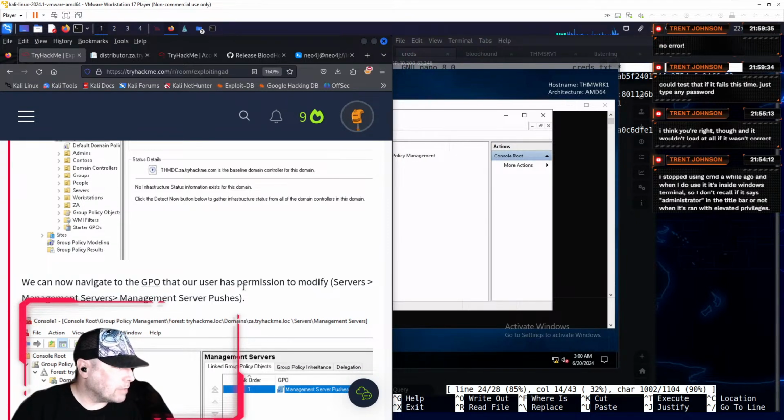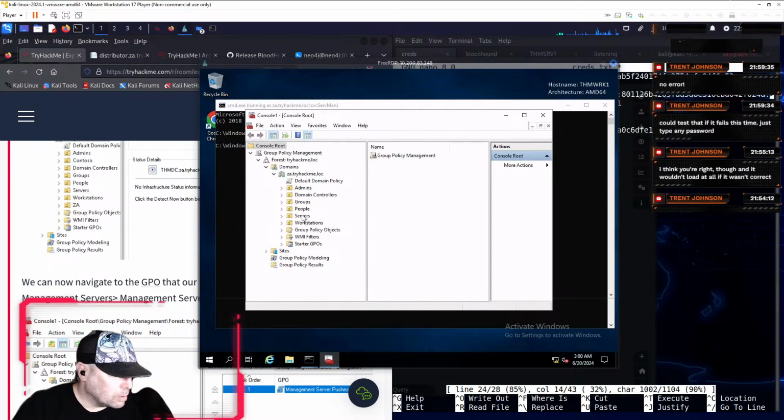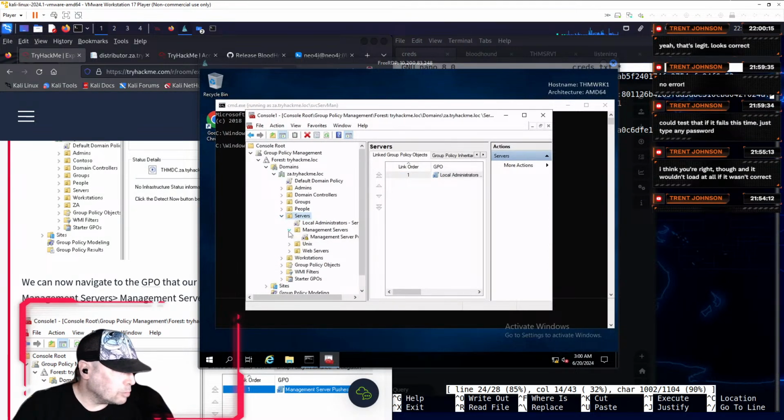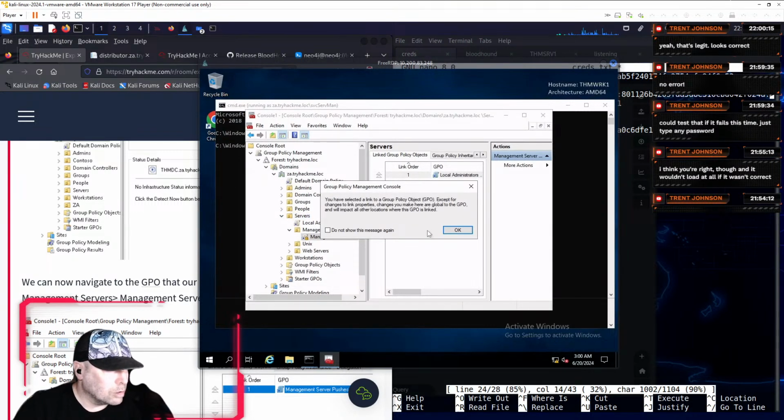We can now navigate to the GPO that has our permissions to modify. Servers, Management Server Pushes, just like we saw in BloodHound. Global to the GPO.